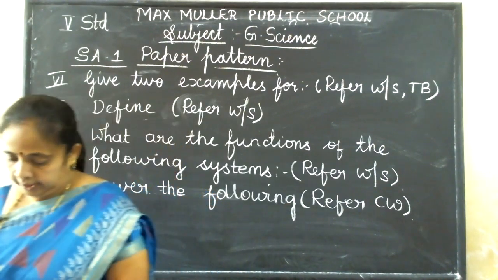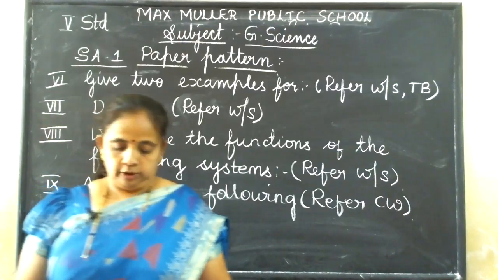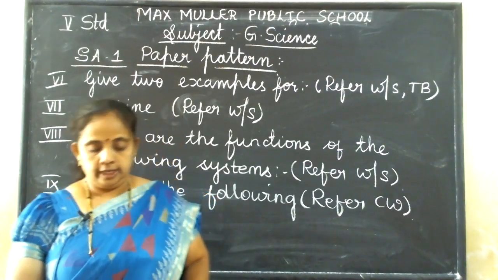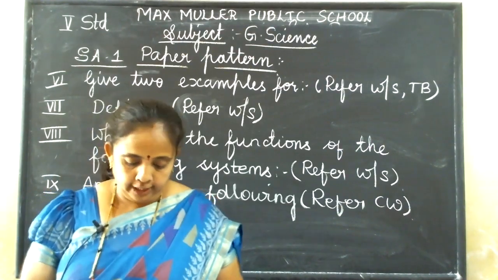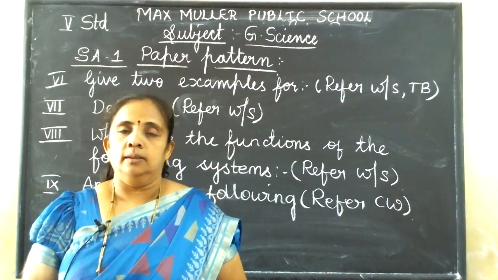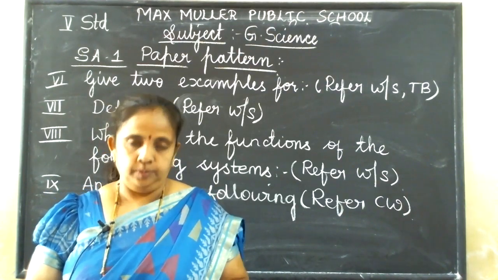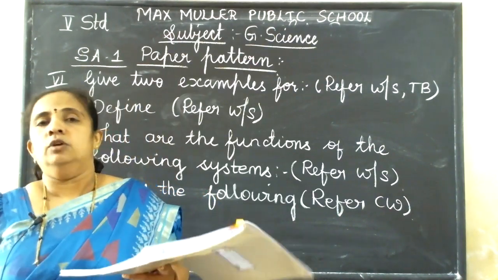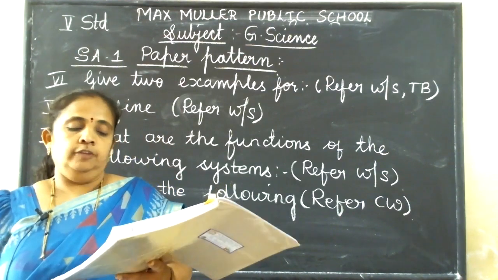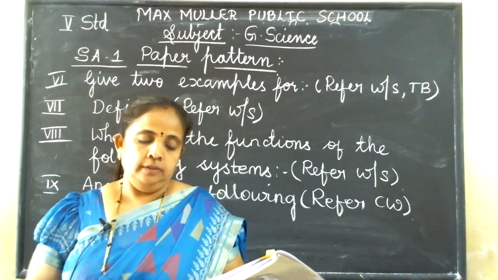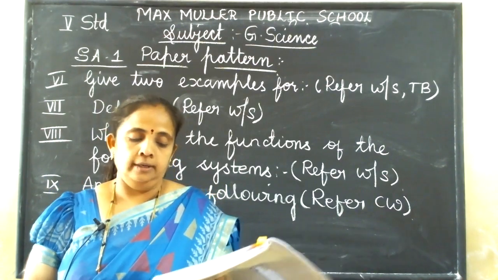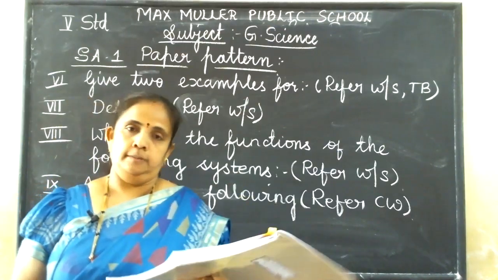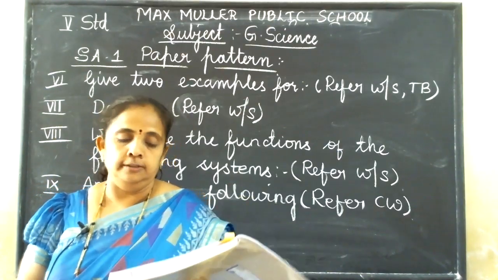Next question was, what is special about the heart muscle? In your notes, you have 2 questions there. Third one, what is special about the heart muscle? How often does it work? Only one part I have asked, what is special about the heart muscle? Heart or cardiac muscle functions involuntarily. That is, without our conscious control. These muscles contract and expand alternately, forcing blood out of the heart as it beats. Till that much only you have to write.